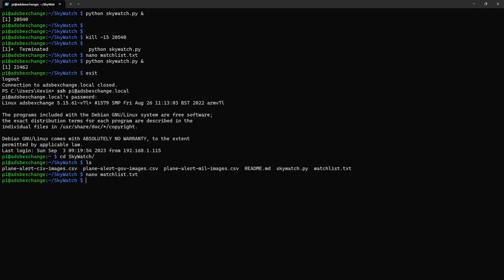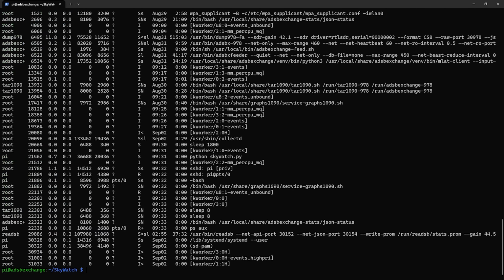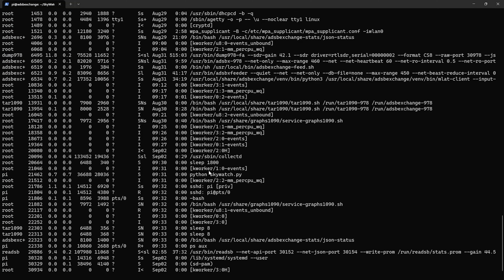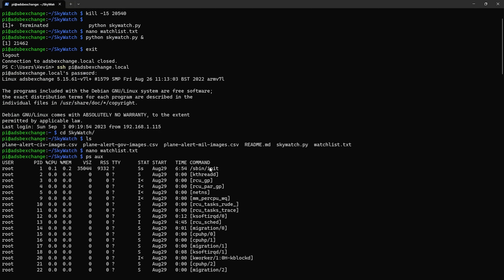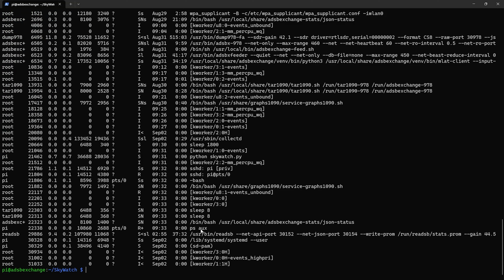So let's say it's been a couple weeks and we don't know what this number, this process ID, is, which you don't have to remember, and I'll show you how to find it. You would do the ps aux command, and what this does is show you all of the processes running on the system, and you'd basically have to look through these. There it is. I missed it. So there it is. You'll see this python skywatch.py,